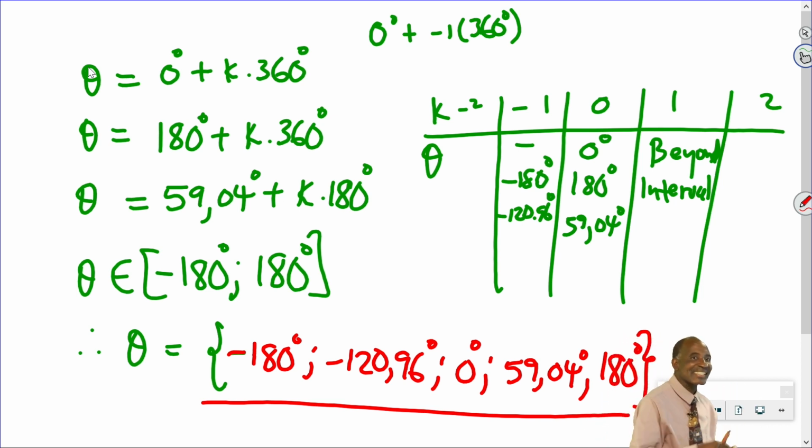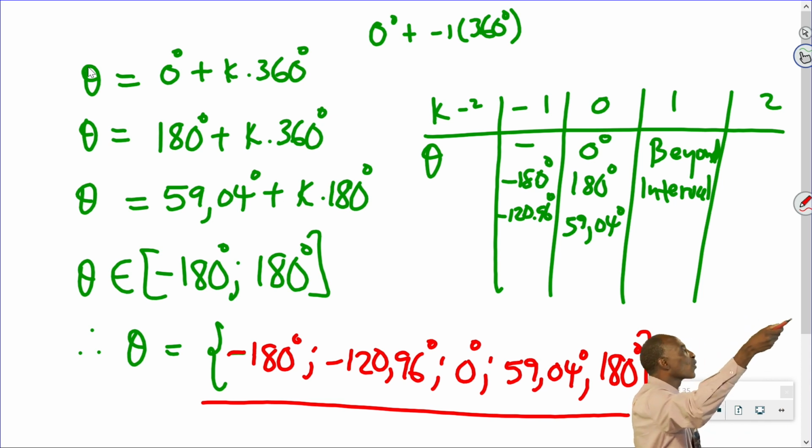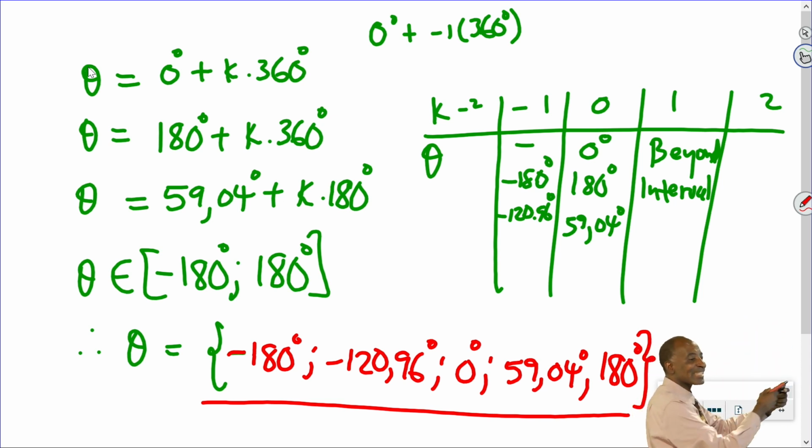So you always test your k values to see if those angles fall within your interval from -180 to 180. Answer by answer, or general solution by general solution, you keep on replacing your k, simplify, and see if it's within. So when k is 0, you put a 0 throughout and see how those angles behave. 0 will be in, 180 will be in, 59.04 will be in when it's 0. When it's 1, check which ones are in. If they are still in, check when k is 2, up until you have exhausted all the angles